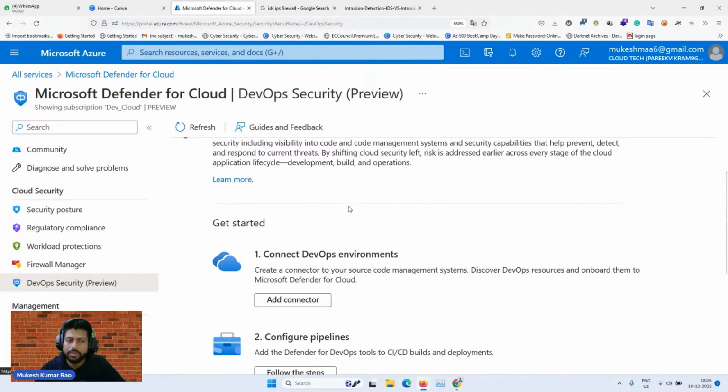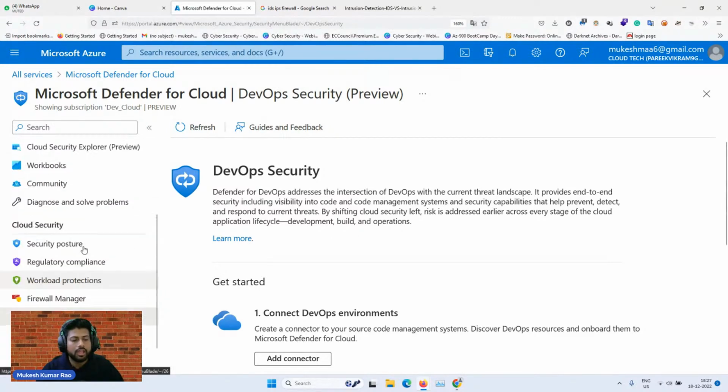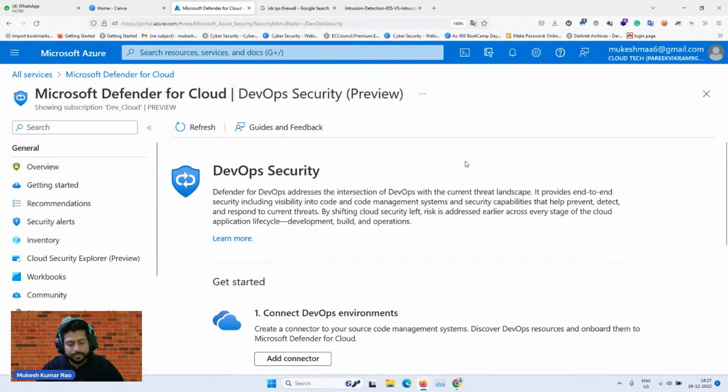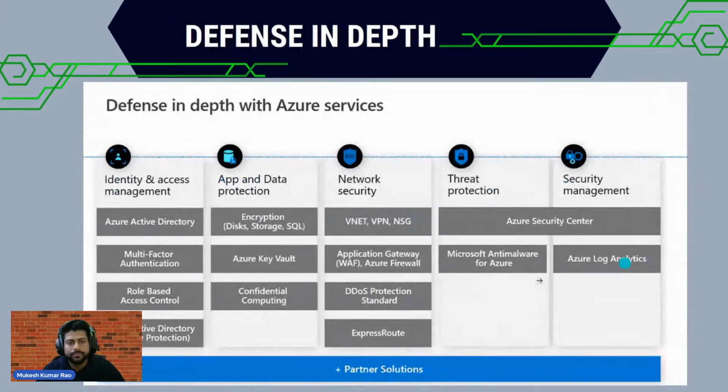But that also comes into Microsoft Defender in terms of security, management, and measurement of the auditing part. So that's how you can see we have multiple options available. So that is one screenshot I am showcasing to you. Then you can move further.